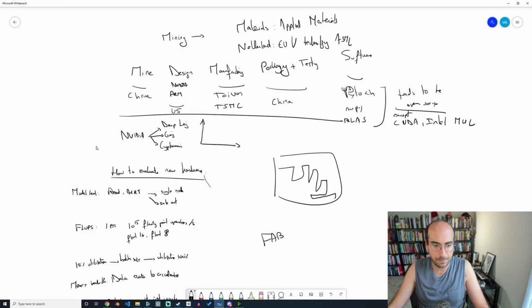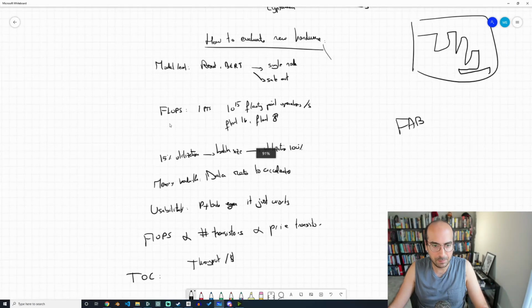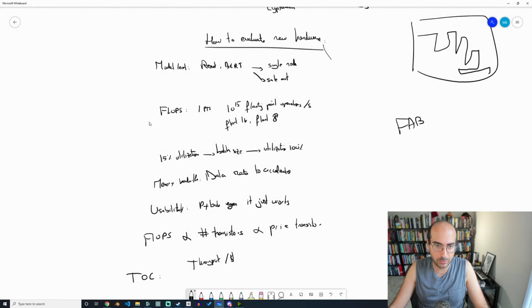Let's go back to our original picture here. People will give you flops and then they'll give you memory bandwidth and then they won't give you this, right? But what you really care about is this. This is ultimately what matters to an extent, because most hardware can't be compared one to one. They're going to have different architectures, different numbers of transistors. So maybe a combination of looking at this and then throughput per dollar and then the price that they negotiated. Actually, screw that. You need to look a bit at everything to evaluate whether a hardware is good or not. But for me, I think the number one rule is, if I can't SSH into it